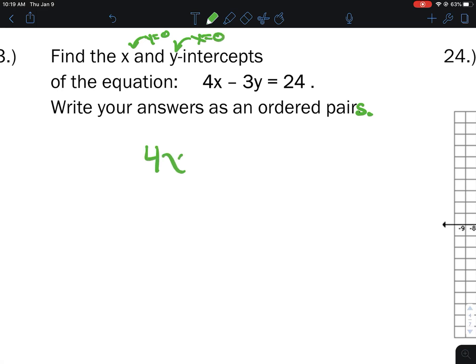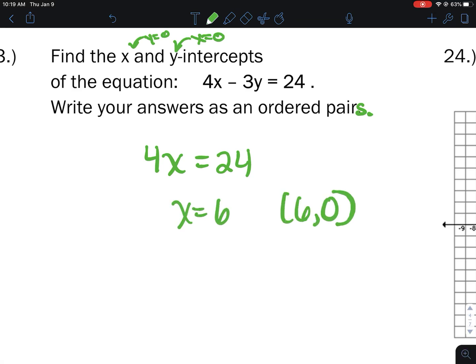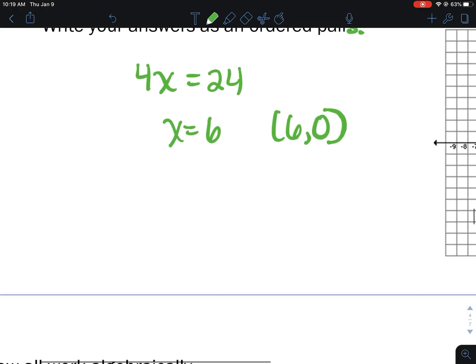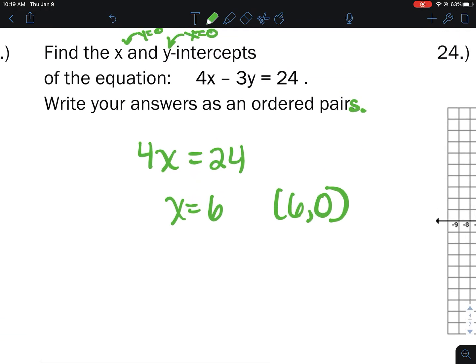So for the first one, I can literally just take out the y's because they're turning into a 0. Anyway, negative 3 times 0 is just 0. And then this would be x equals 6. The ordered pair, we made y 0, so your y is 0, your x is 6. For your x-intercept, we're going to make the